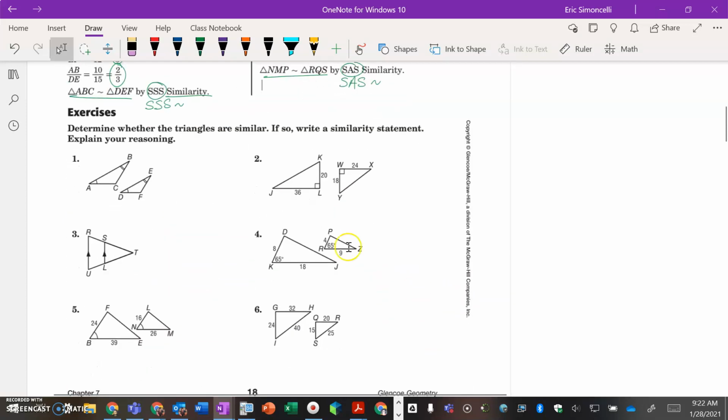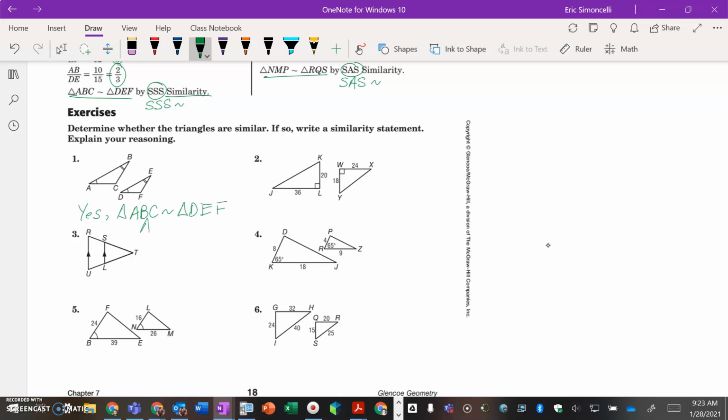Moving on. Determine whether the triangles are similar. If so, write a similarity statement and explain your reasoning. So for problem number 1, we've got two angles. Angle A congruent to angle D, and angle B congruent to angle E. We don't have anything else in the picture. However, that is enough to essentially say that yes, these are similar. Triangle ABC is similar to triangle DEF